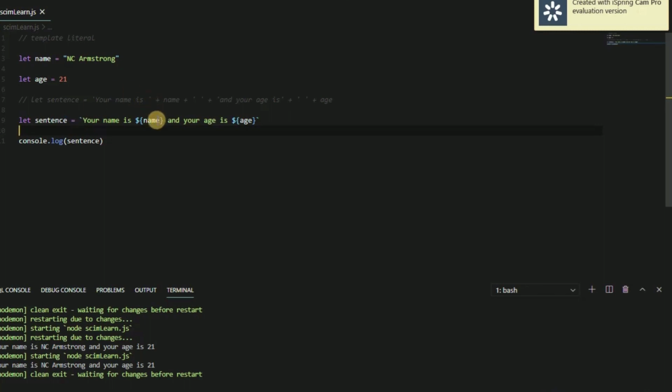So you can actually include variables, you can include paths to images, so many things. You can even do calculations. Like I have said, 20 plus 1. I think that should also work. You see, that also works. So you can even bring in calculations. You can do quite a lot of things using template literals. Okay, so see you in the next